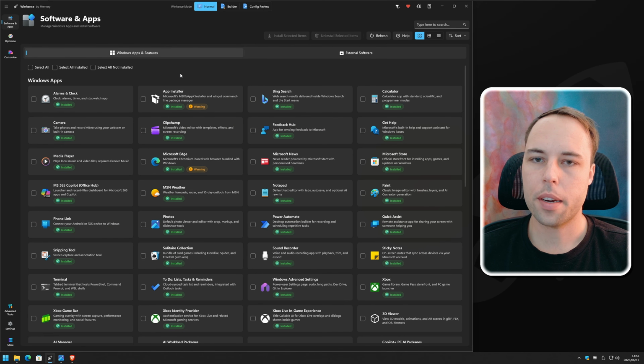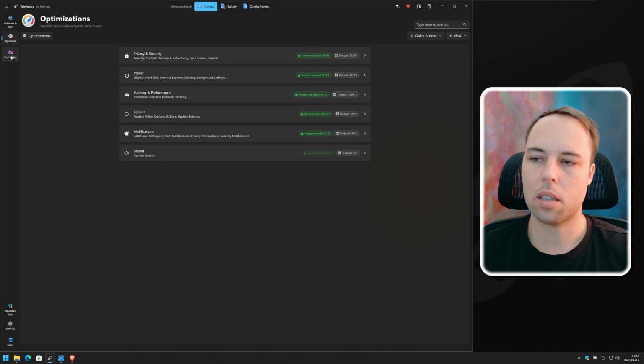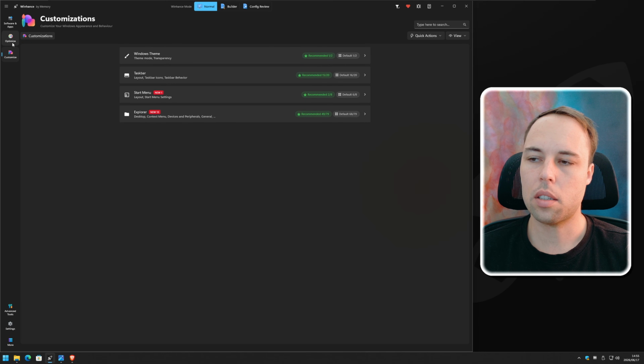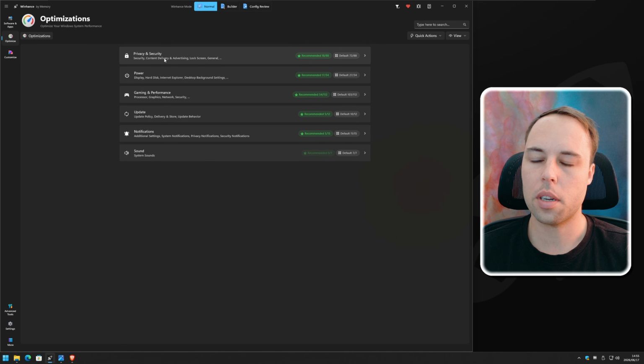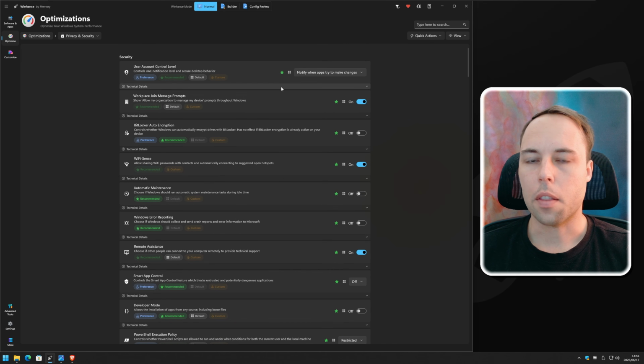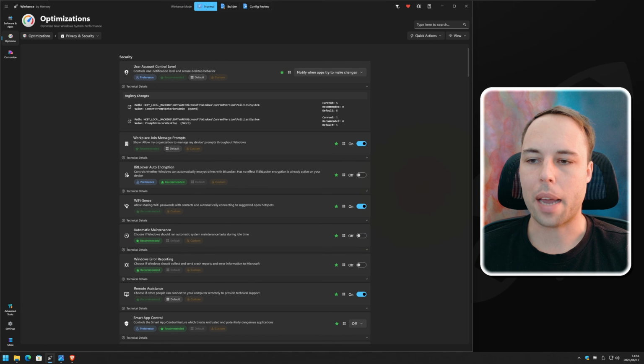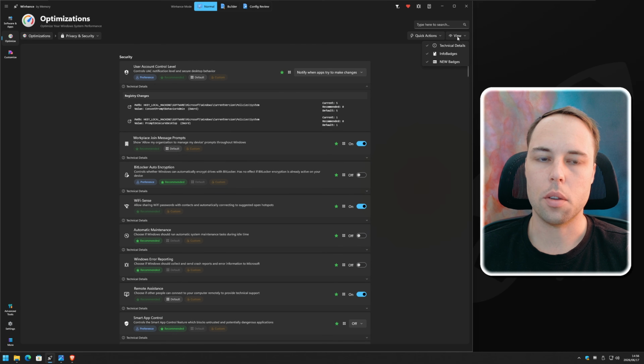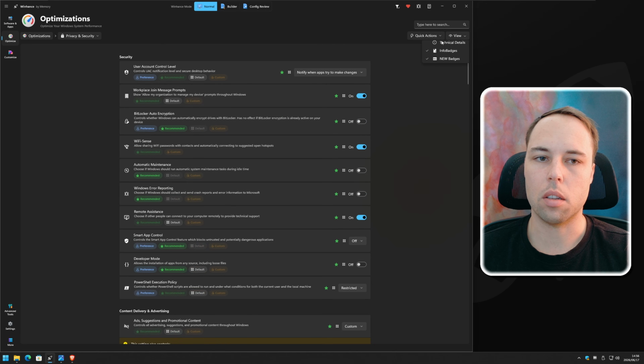Now what I just want to explain here is that WinHance uses multiple methods to detect whether an item is installed or not installed in the software and apps section, and then for the optimize and customize section in WinHance, these settings are mostly either registry entries or power config commands or scheduled tasks depending on which feature you're going into. Now this is also why the technical details banner exists below each setting card, and you can get to that by using the view menu at the top here. You can choose whether you want to show the technical details or not.